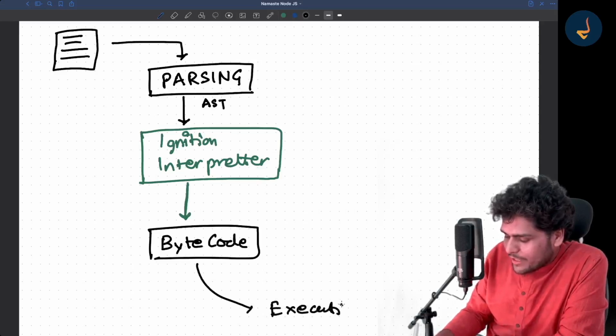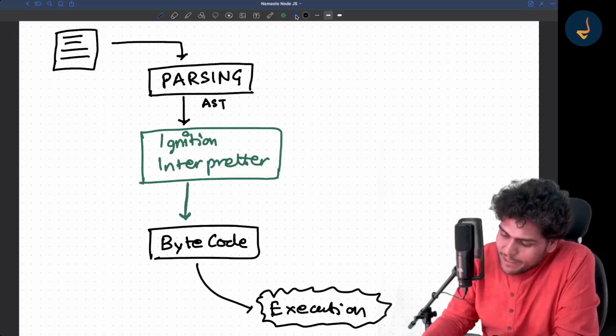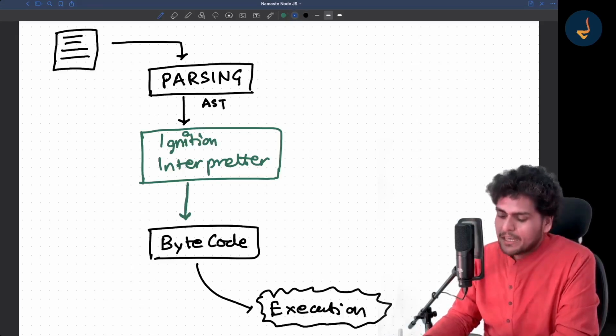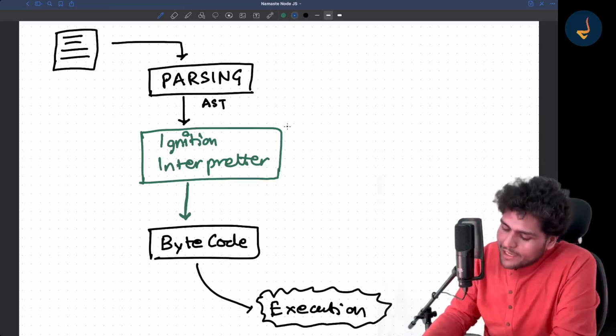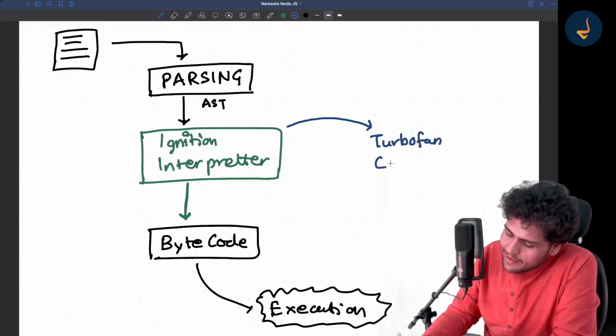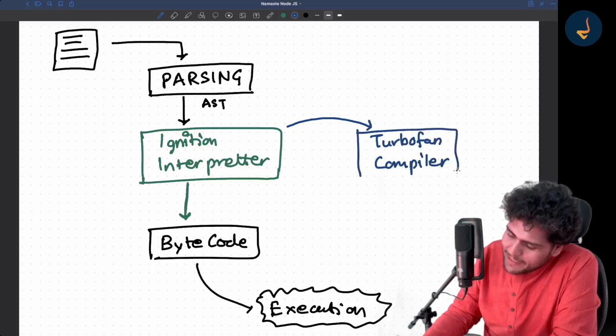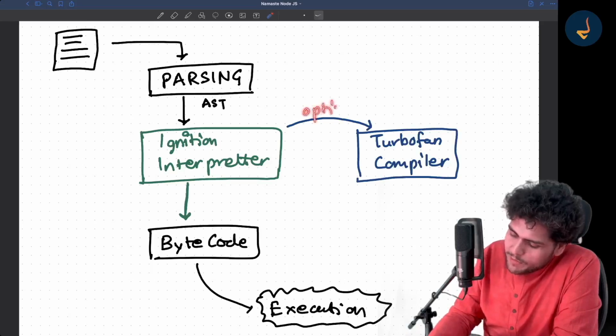This is execution. Now, in between, if the Ignition interpreter finds the opportunity to optimize the code, it will pass that to the Turbofan compiler. This step over here is known as optimization.